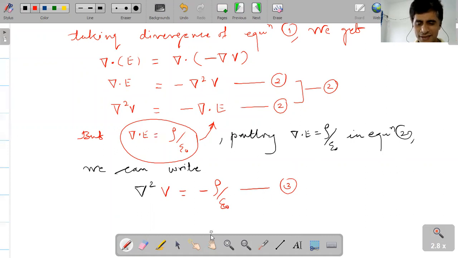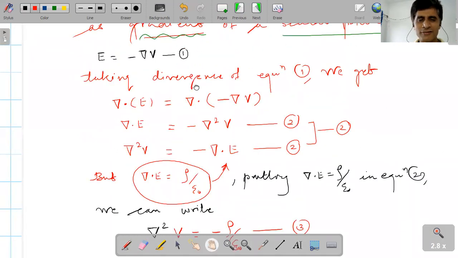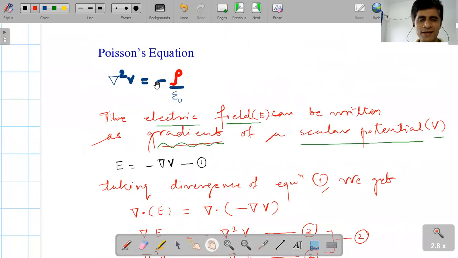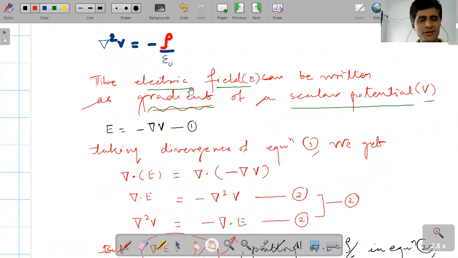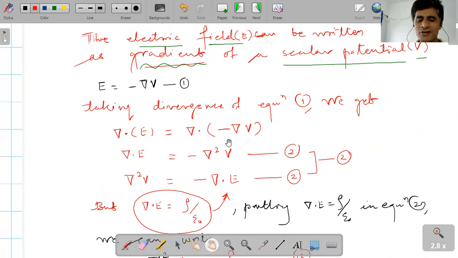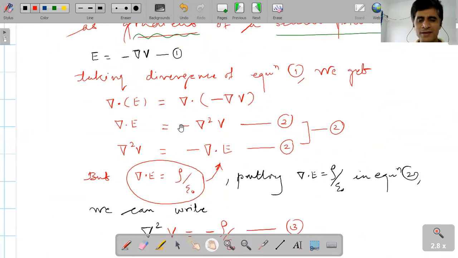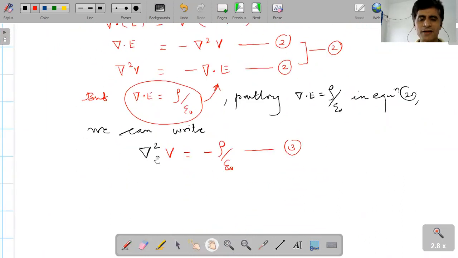At the start I wrote: what is our aim? Our aim is to derive Poisson's equation, that is del square V equal to minus rho by epsilon 0. And for that, what are the steps? First, write the relation between E and V. So equation 1, take divergence of both sides. So you'll get del square V is equal to like this. Again, put here rho by epsilon 0, and lastly, you will get del square V equal to minus rho by epsilon 0. And equation 3 represents